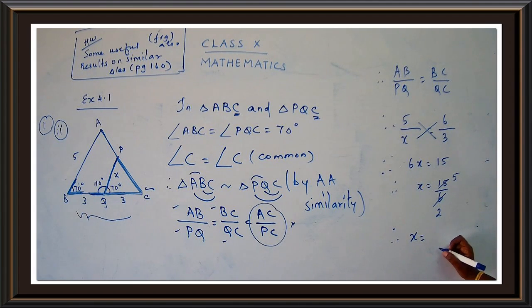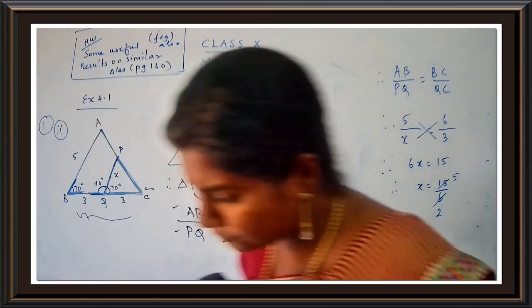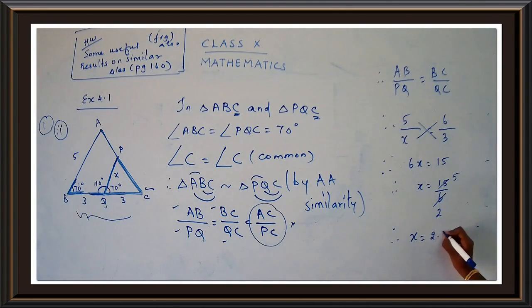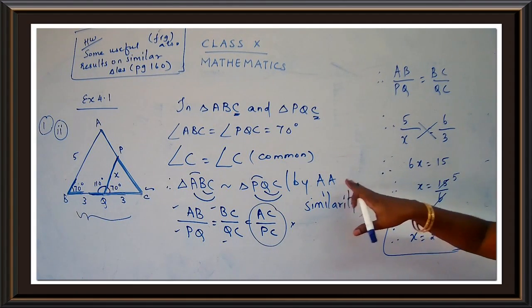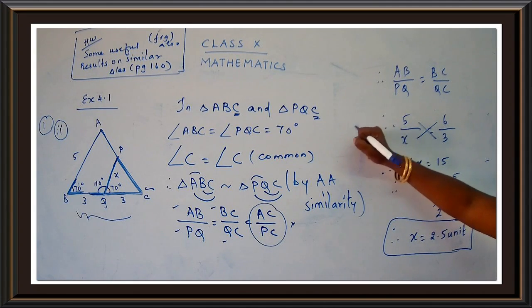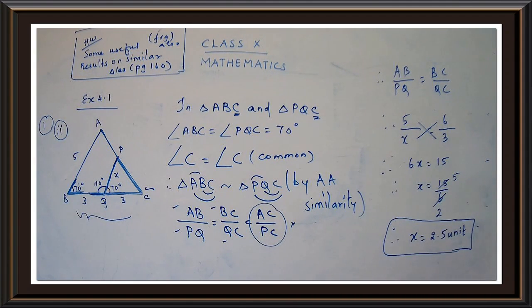Have they given any measurements? Units? No units. So just put there 2.5. So x is equal to 2.5. You can put your unit because they have not mentioned any unit. Yes. So just mention your 2.5 units. So we have found the value for x. So I hope you are clear with the concept of similarity. So that's why I told you that you should know how to prove for the similarity. And mostly we'll be using these steps in mostly all the sums. And after checking for the similarity, then only we can apply this condition and we can get the values.